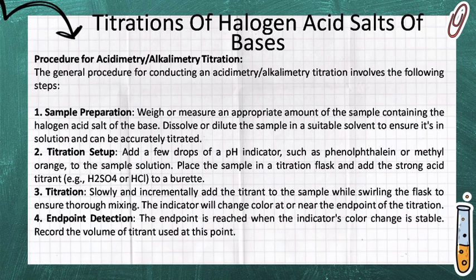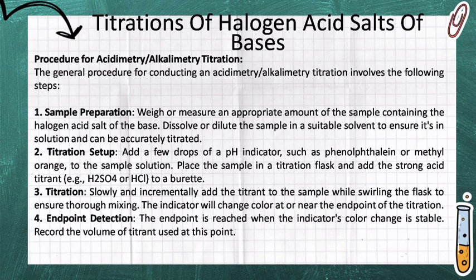Procedure for acidimetry, alkalimetry titration. The general procedure for conducting an acidimetry, alkalimetry titration involves the following steps. First, sample preparation. Weigh or measure an appropriate amount of the sample containing the halogen acid salt of the base. Dissolve or dilute the sample in a suitable solvent to ensure it's in solution and can be accurately titrated. Second, titration setup. Add a few drops of a pH indicator, such as phenolphthalein or methyl orange, to the sample solution. Place the sample in a titration flask and add the strong acid titrant, example, H2SO4 or HCl, to a